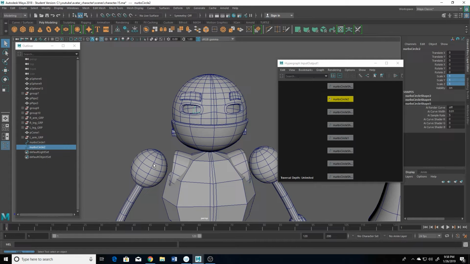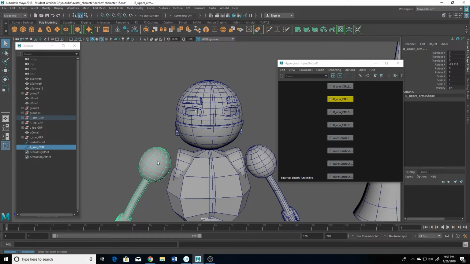additional nerve circle right here. I'm going to name it. Click up here above your channel box where the name is, and this is going to be R underscore ARM underscore CTRL for control. Then I'm going to select, with this select, I'm going to hold shift, I'm going to select the, actually